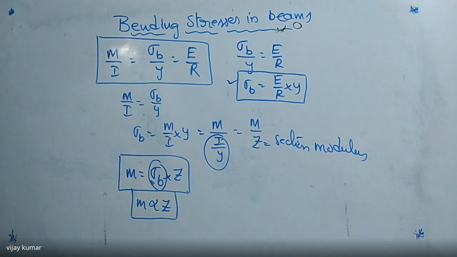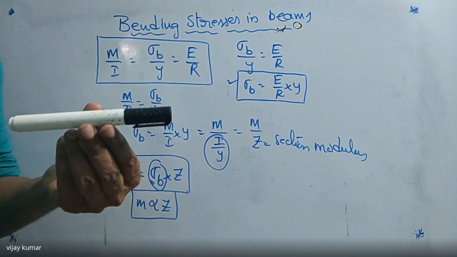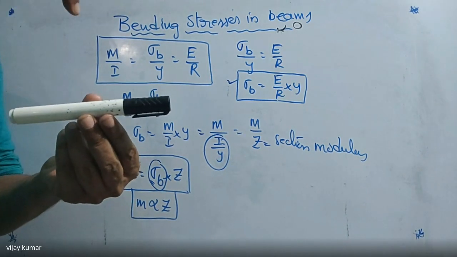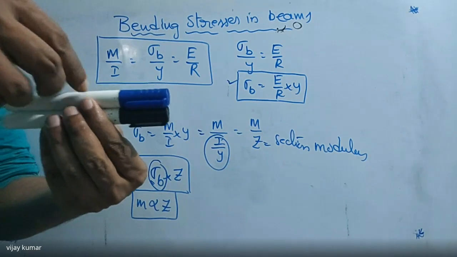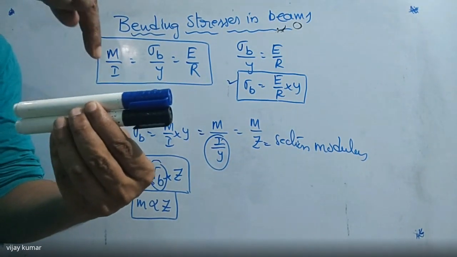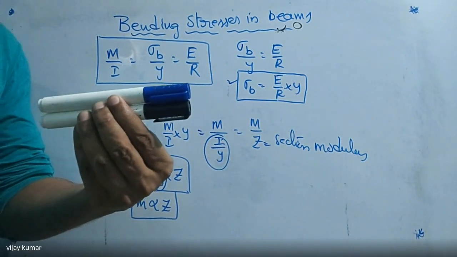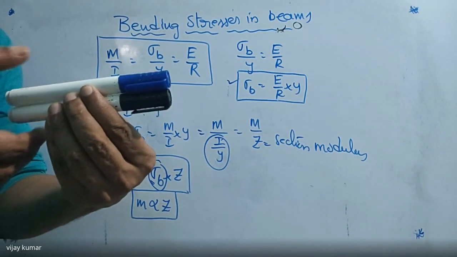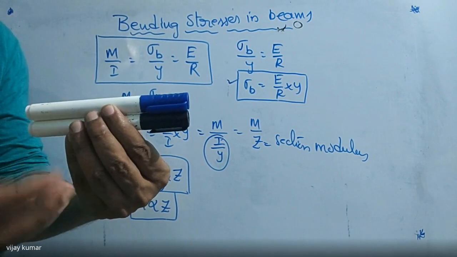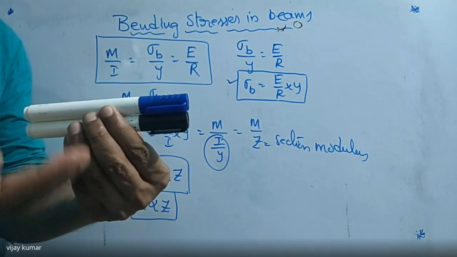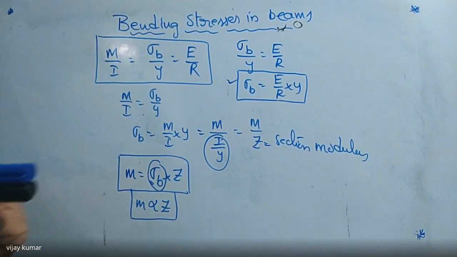So for example, if you take a scale, this is having some thickness. If you apply some external force, it undergoes some bending. If you add two scales here and apply the same load, is there any bending here? No. Why? Because the material increases, that means the strength will also increase. That means the resistance of this material also increases.